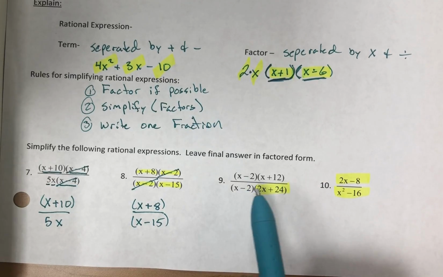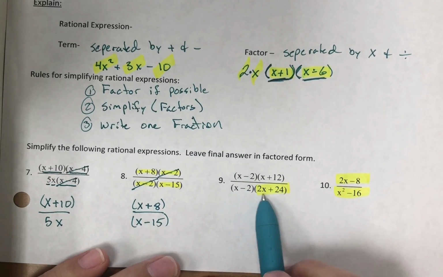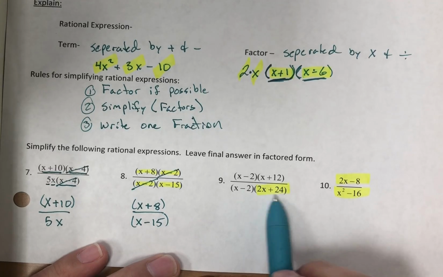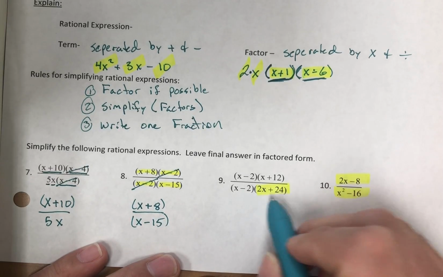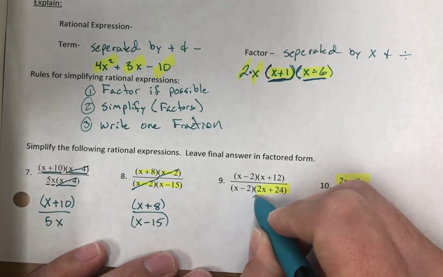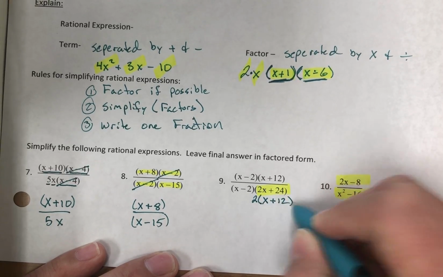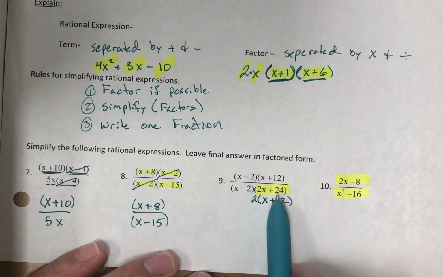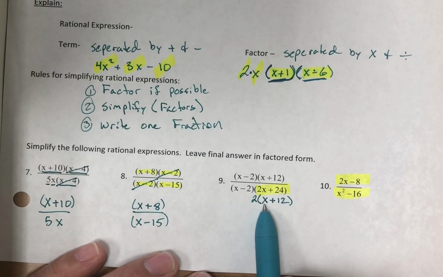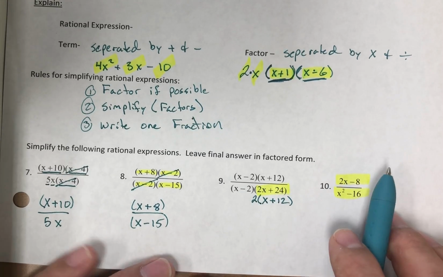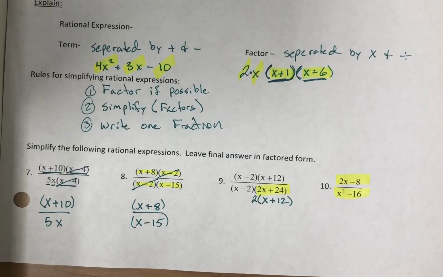All right, number 9. Before we get started, we do have to factor this part right here. So this becomes a factor of 2 times x plus 12. So 2x plus 24 factors to 2 times x plus 12. So now, again, I have